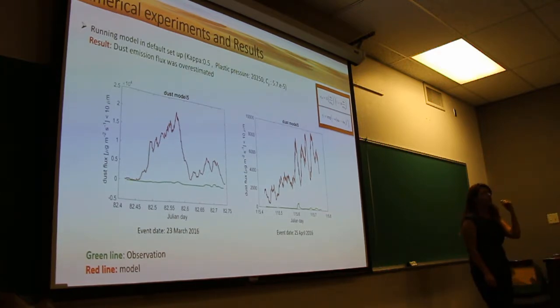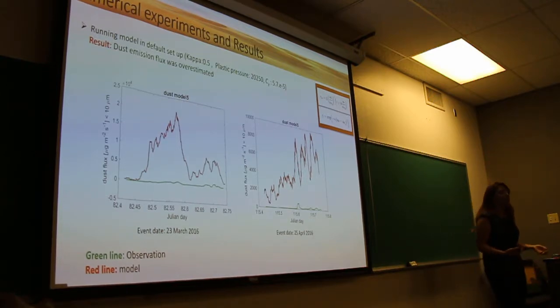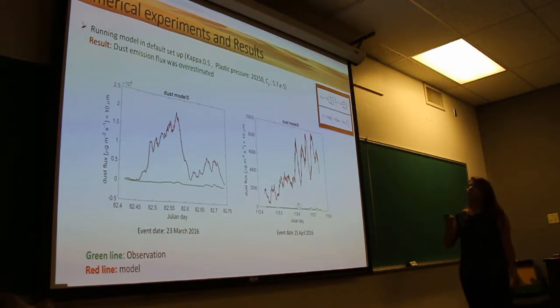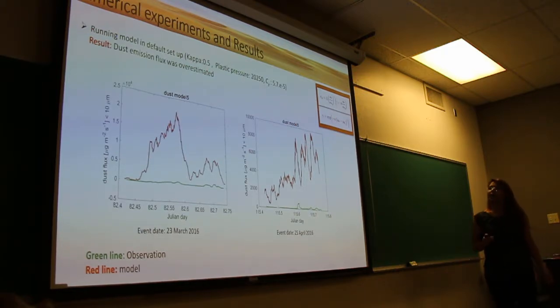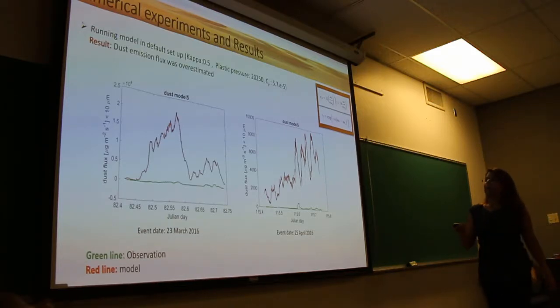When I'm talking about default setup, it means that these dust emissions have been tested against different field measurements, so they have come up with some numbers for the parameters, which shows that if we use those, we're probably going to get better results. So we started with those default parameters. These parameters come from, like, kappa that we have here, the gamma, and then plastic pressure that we have here. So we use these numbers and we ran our model for our area,